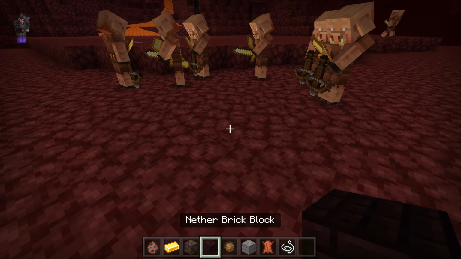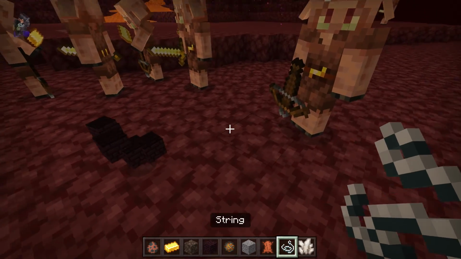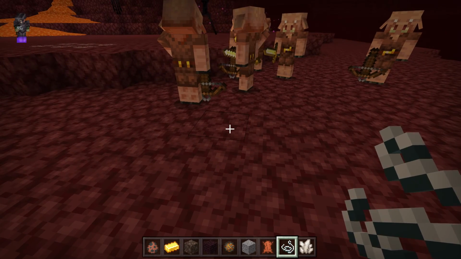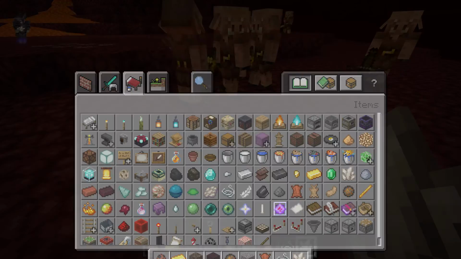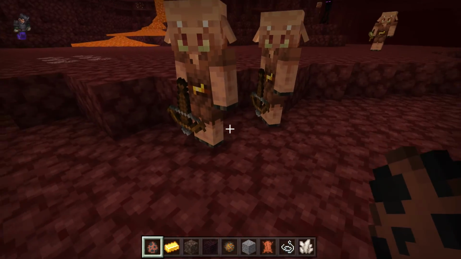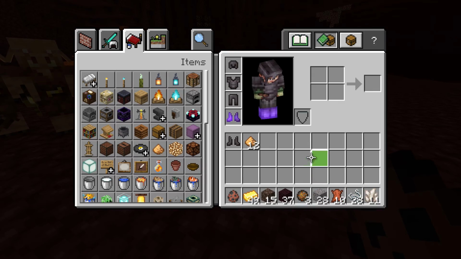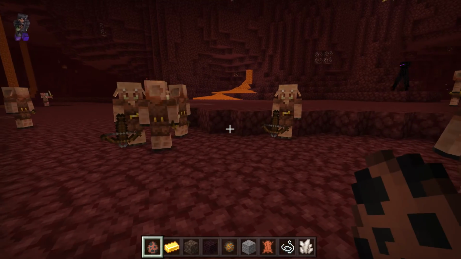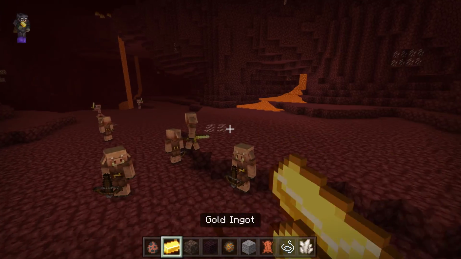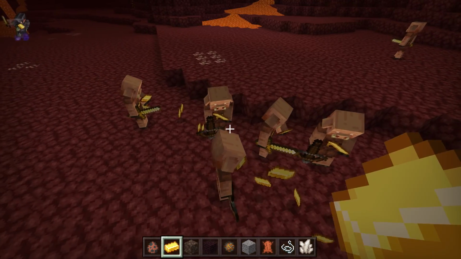So we have soul sand, nether brick, fire charge, gravel, leather, string. We have quartz. What else do we have? Let me see my inventory. That's really it. So yeah, these are kind of the more common items. There are other ones that are a little bit more rare to find and obtain, but if you trade enough gold, or if you're lucky,